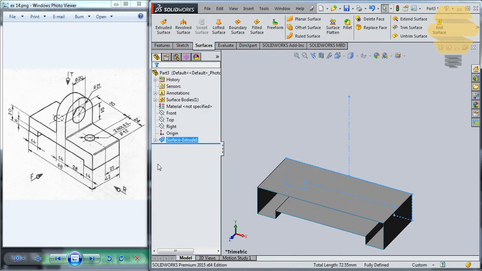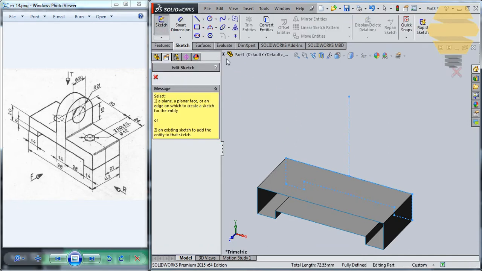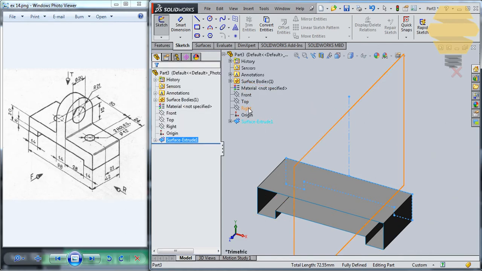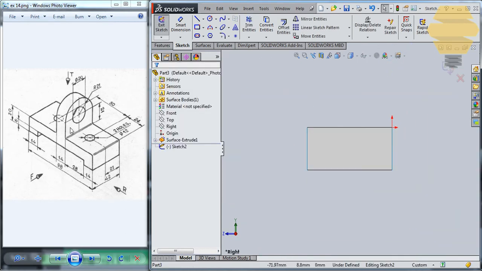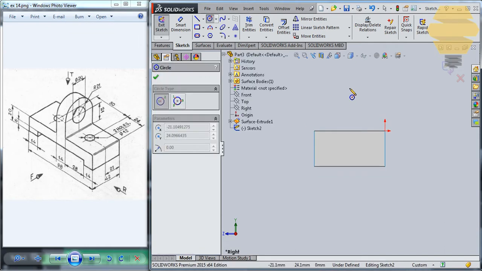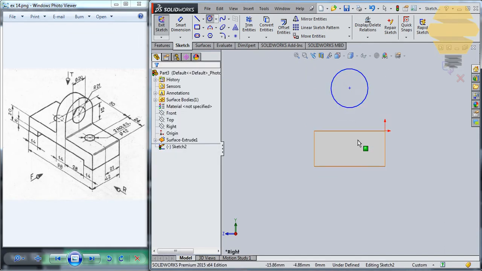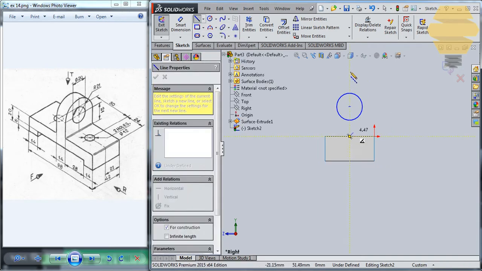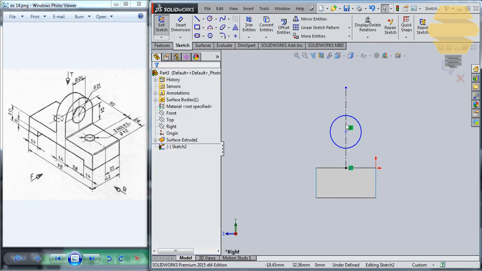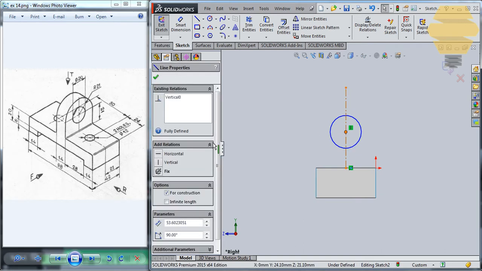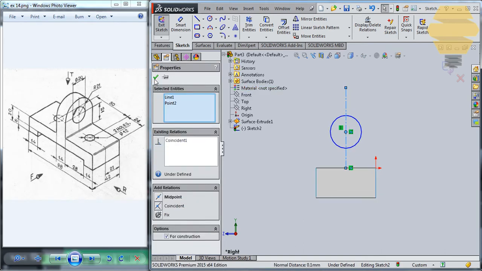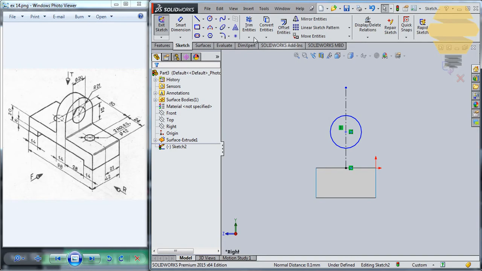Okay, now I'll go to the sketch, create a sketch on the right plane, and I'll just create this profile here. So to create that profile, just draw a circle and draw a center line from the center, and just make sure that this point lies on this line, coincident, tick mark. Now let me create another circle,